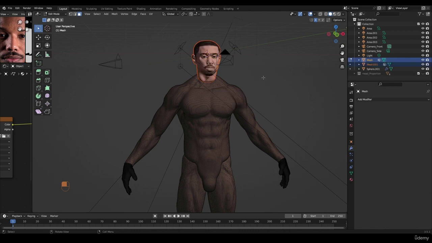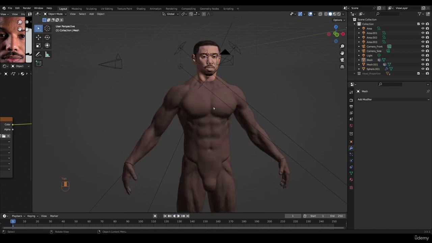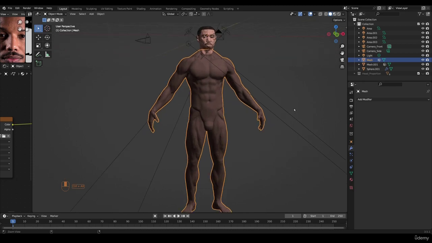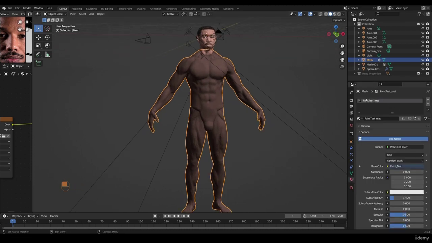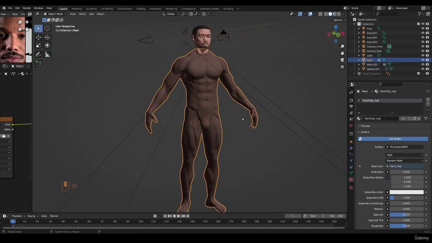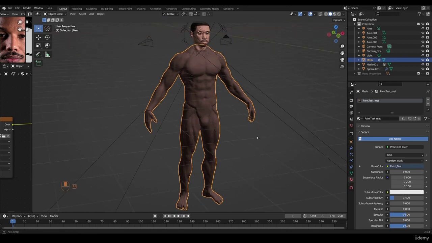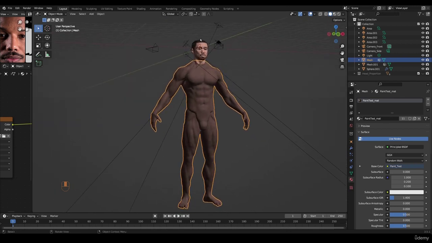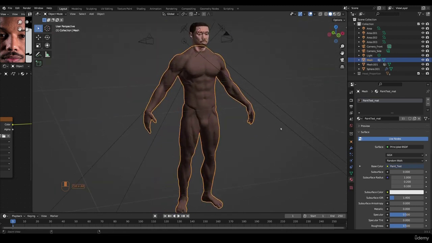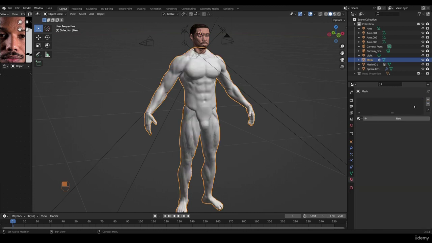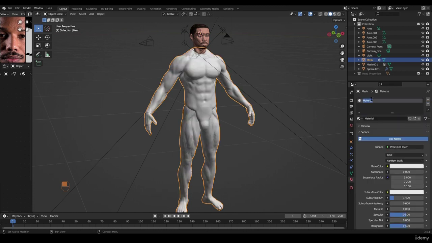Yeah, so separate that again and go back to object mode. Now I'm going to go to my material, and you can see the paint test material is applied to the body and it's also applied to the head. But for the body, we didn't make a smart UV unwrap, so it's just getting a dark part of the texture for the head. I'm going to remove that, and I'm going to create a random material, and I'm just going to call this